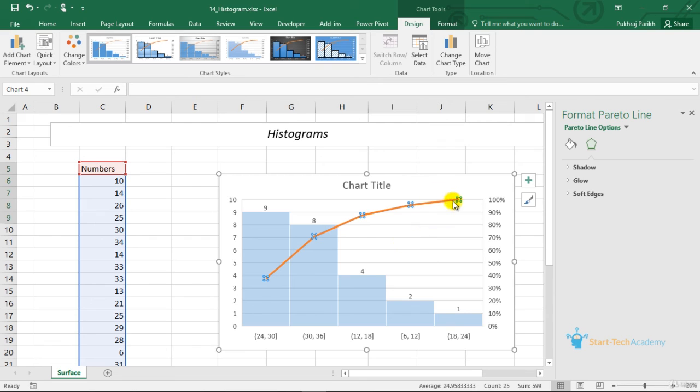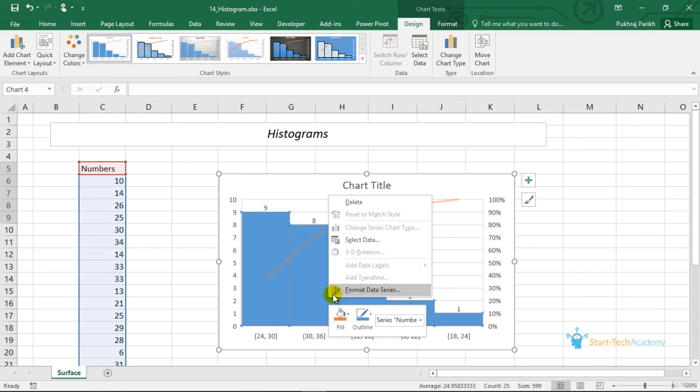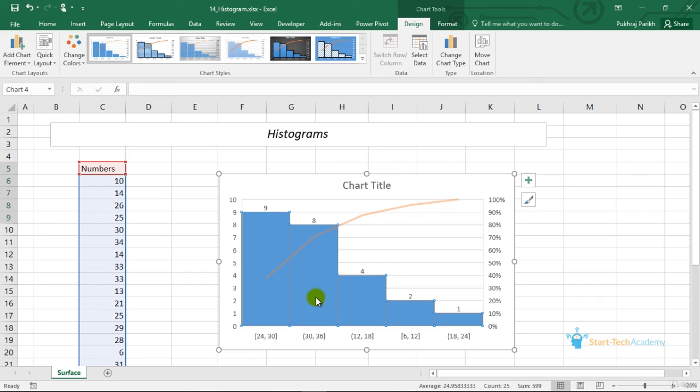And the last category adds it to 100%. So using Pareto, you can estimate how many of the categories contribute to how much percentage of the total. So for example, if you would like to find out those important 2 or 3 categories which are contributing 80% of the total, you can do that using a Pareto analysis.